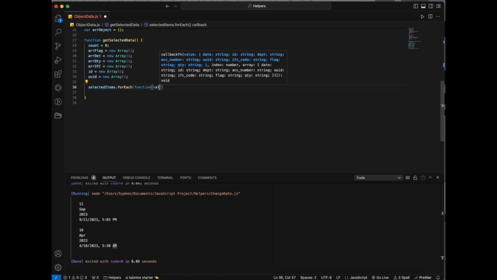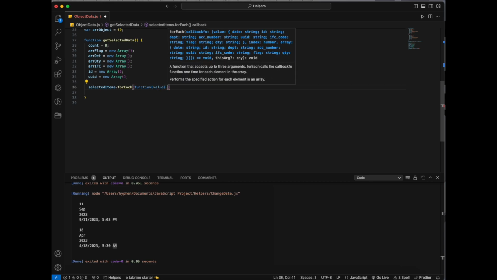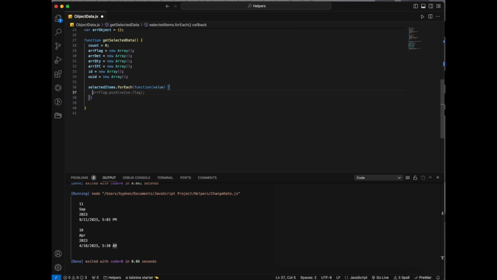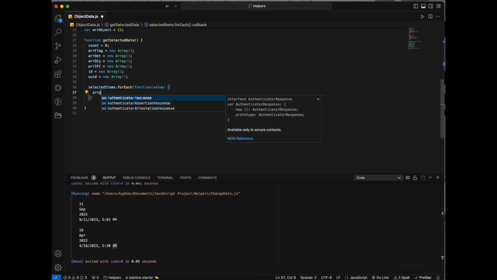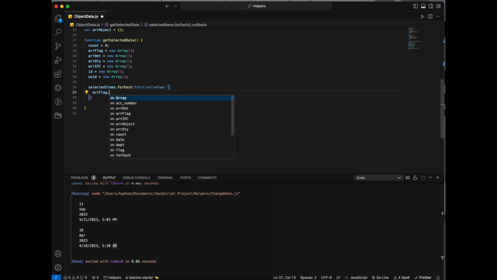After iterating on that object, it iterates one by one over all the values, so those values come in this argument, and then push the value. And for id,